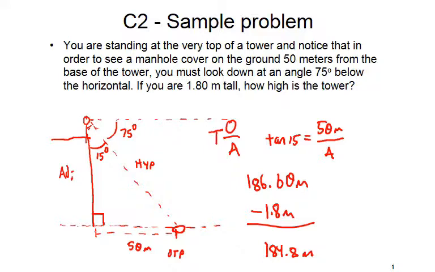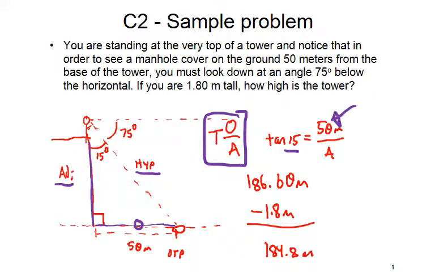Okay, so hopefully you recognized that this is the right triangle right here. We have an angle of 15 degrees taken away from 90 degrees there. This is the hypotenuse. This is the opposite side over here. This is the adjacent side. So we could use the tangent. The angle is 15 degrees. The opposite side is 50 meters. We're looking for the adjacent side, so we'd have to cross multiply first. So the tangent of 15 times the adjacent is equal to 50. Divide both sides by the tangent of 15,